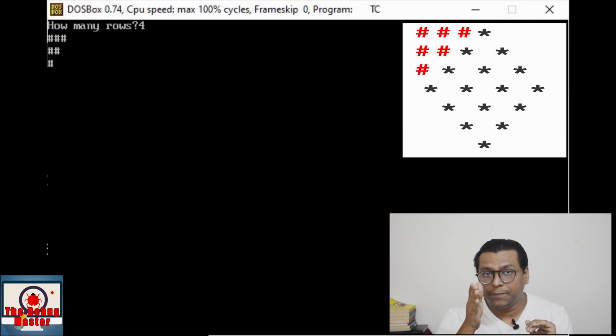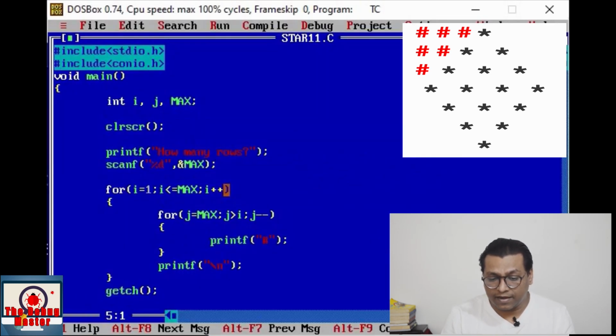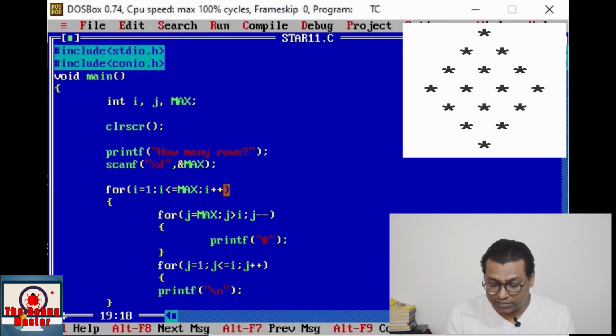So this is the pattern to fill the space before the stars. Now we shall proceed to print stars. See, it is an increasing order star pattern, so here we shall write j is equal to 1, j is less than or equal to i, because we are printing the stars equal to the number of that particular row, and here j plus plus.